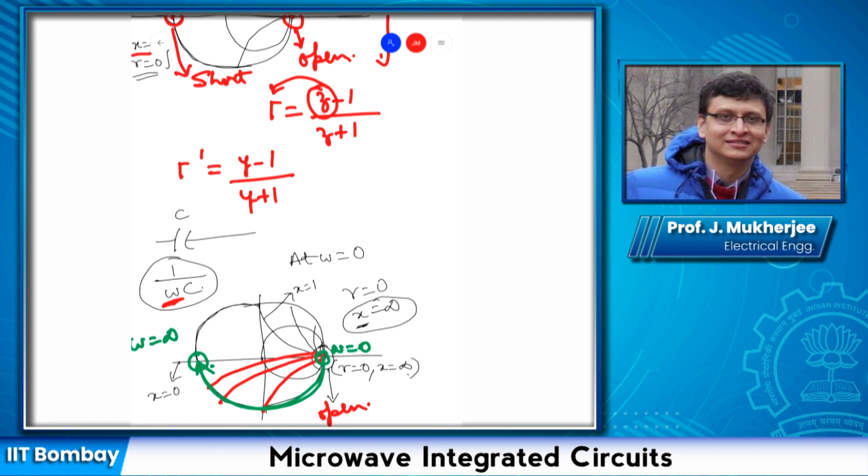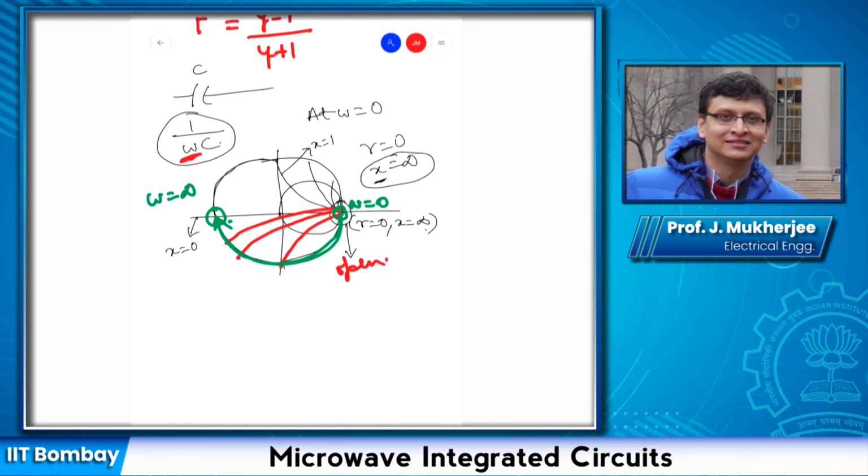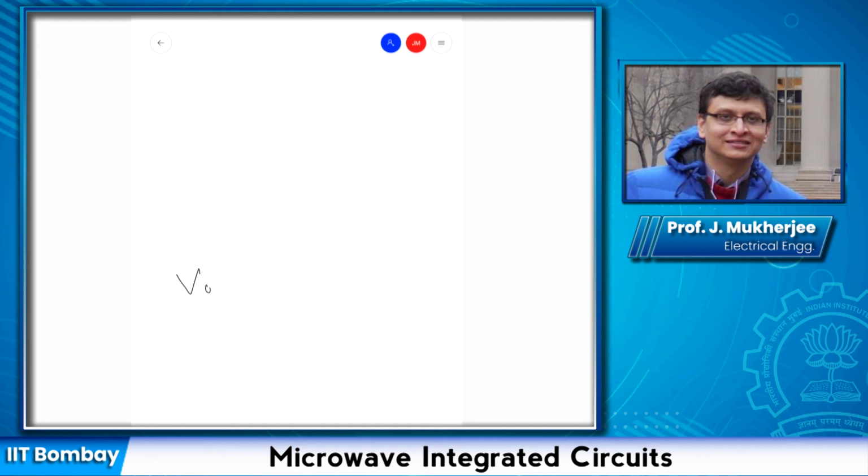Okay, one important parameter that we frequently come across, which is sort of like an alternative definition for impedance or reflection coefficient, is what is known as voltage standing wave ratio. Let me use a fresh page. So if we define the reflection coefficient like this,